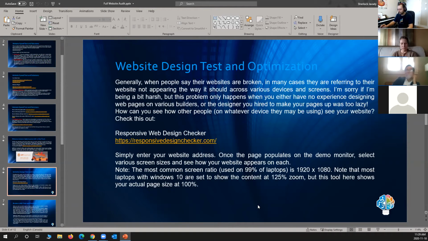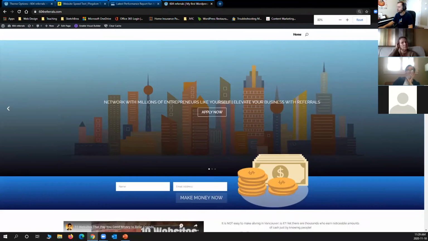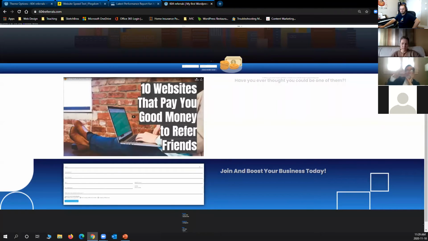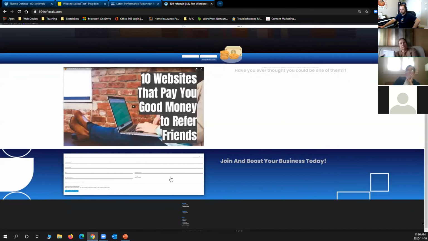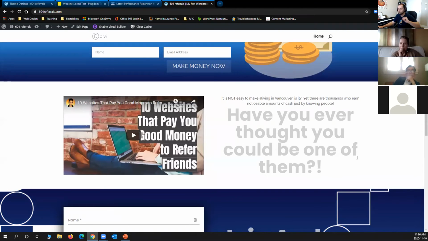When you look at the website, if you are a 4K user, it will look like this. Look at this empty space. If you are an HD screen user, then you see it like this. But if you're an HD screen user on a laptop, Windows automatically gives you a zoom of 125%. Did you know this?